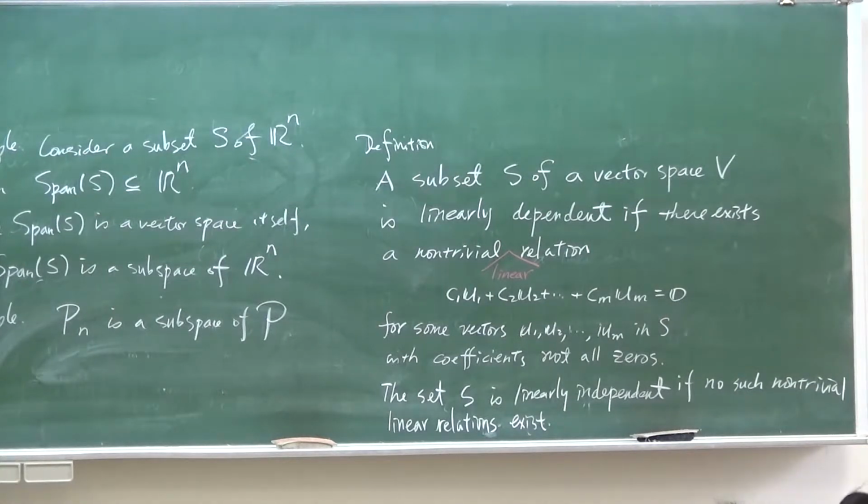A subset of a vector space is linearly independent if and only if for any linear relation in S, i.e. c1 u1 + ... + cm um = 0, right? So for any linear relation in S